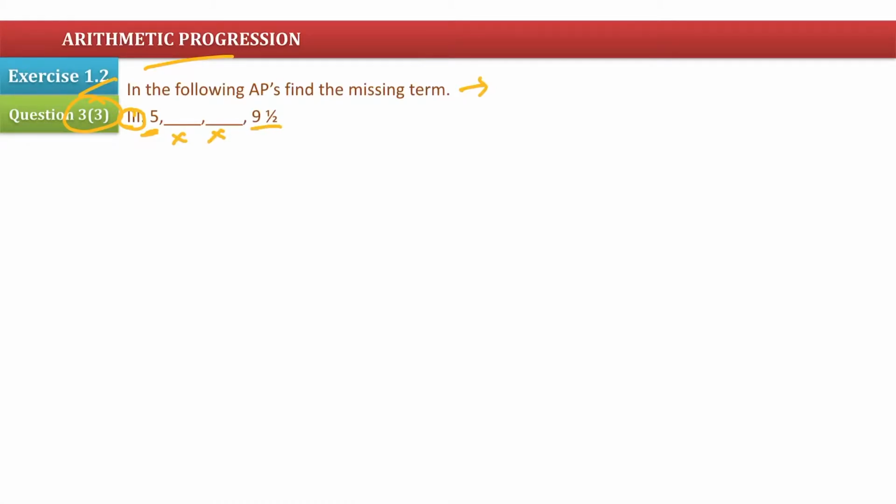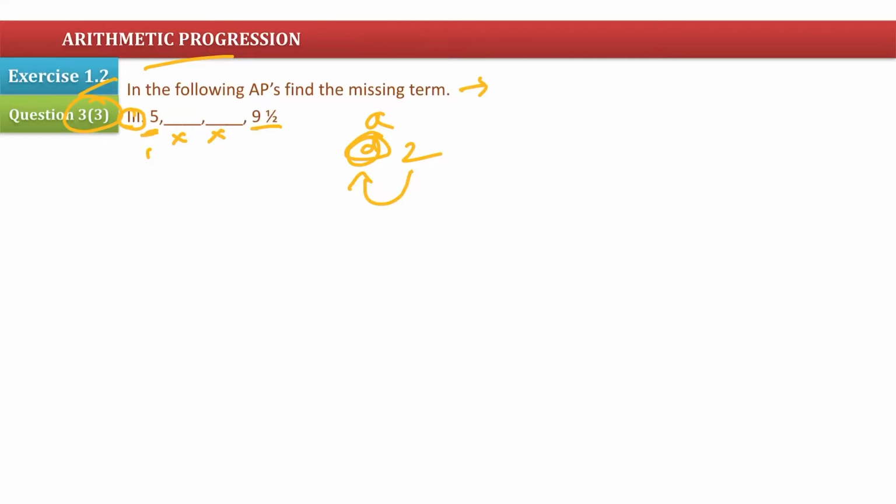Here we know the value of A. If we find D, we can do it in any number of ways, but they have not given D. The second term is also not given. Suppose the second term was given, we could subtract the first term from the second term, so we can find the D value. But they have not given the second term either, so we can't do that. The third term is not given, the fourth term is given.